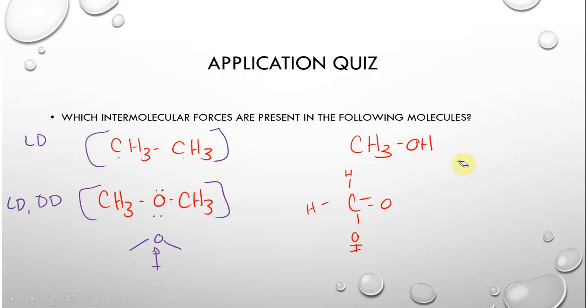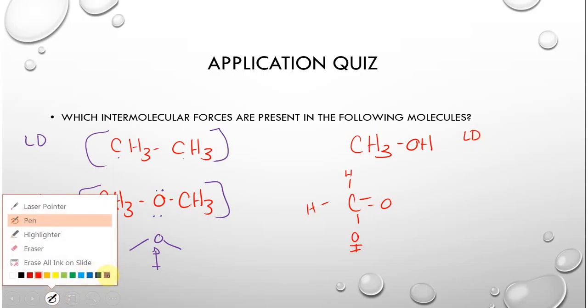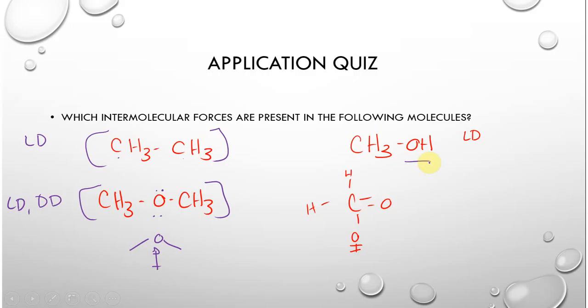Now if we come over here, this guy also has a permanent dipole, so we need to consider that. We know it has London dispersion forces. We also know it has an OH bond. That OH bond means it's got to have hydrogen bonding. And since hydrogen bonding is a form of dipole-dipole,